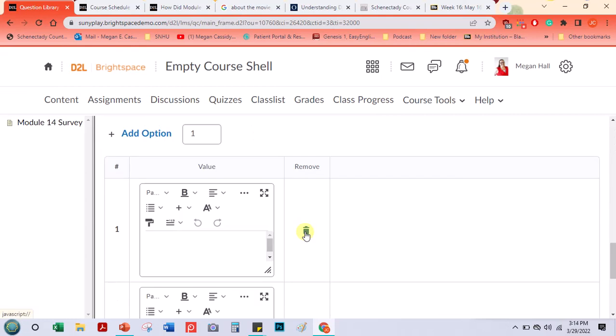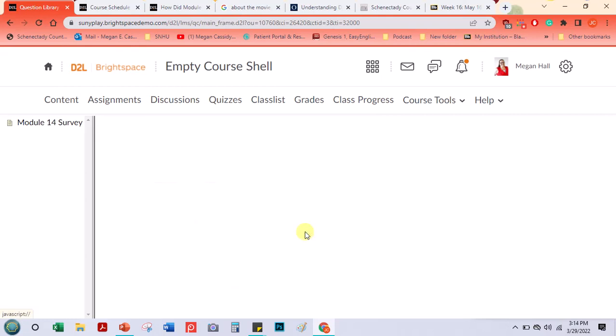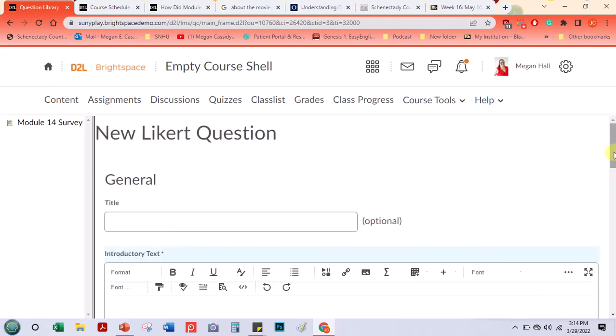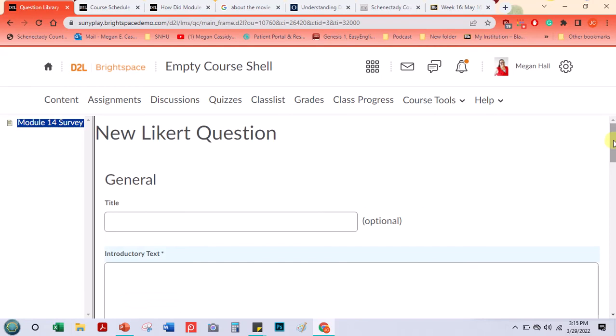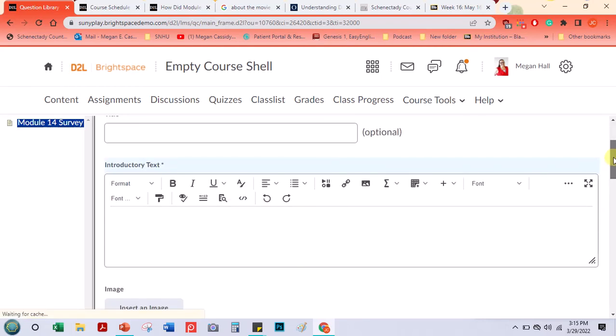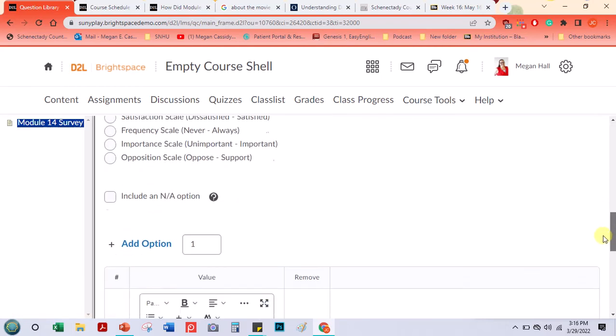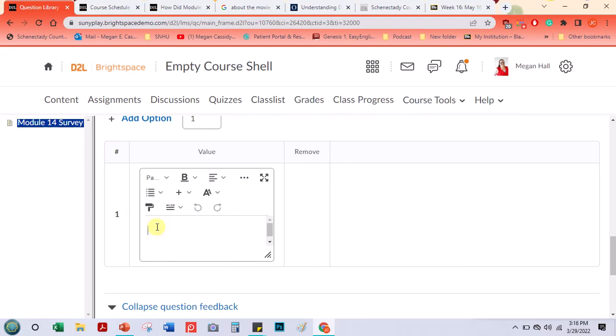Whoops. It's telling me field cannot be empty because I have these weird things down here below. So I'm going to delete the second option because I don't want them to be having 2 things here. I just want the 1. And then basically you're asking the question here as well. Now, you can